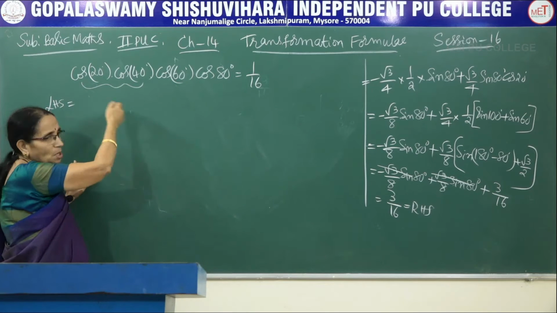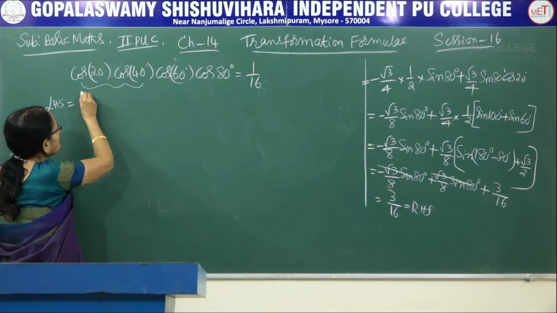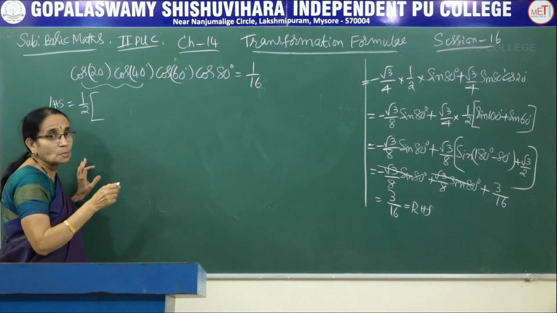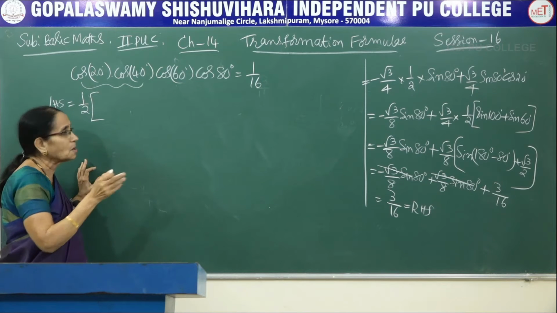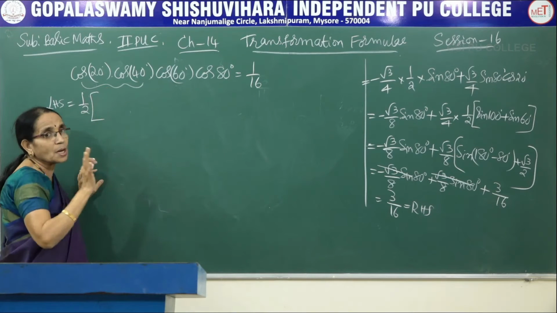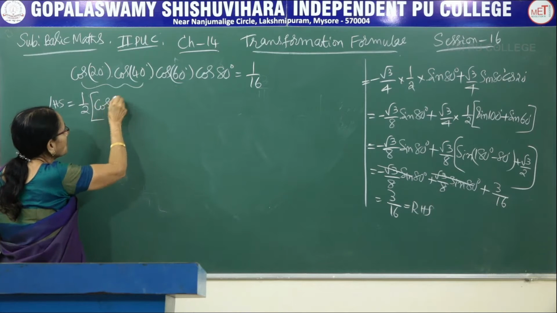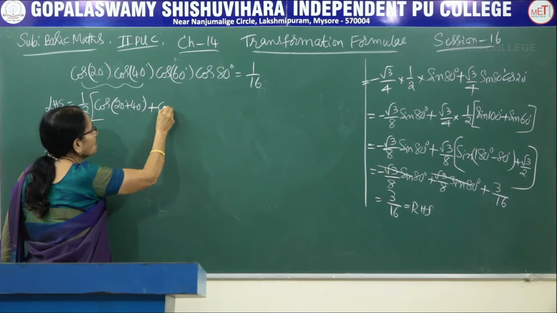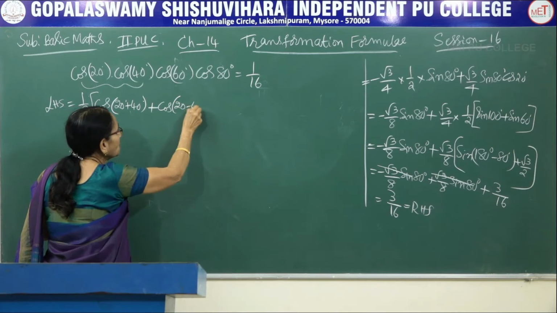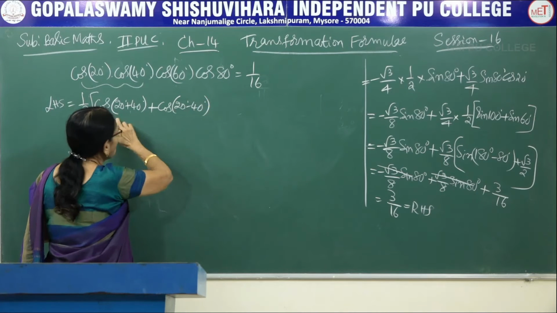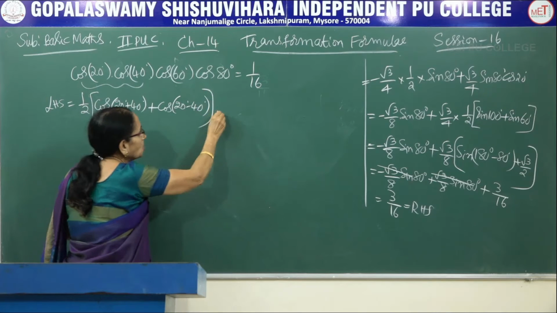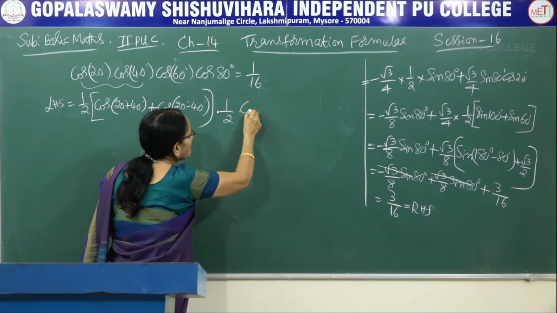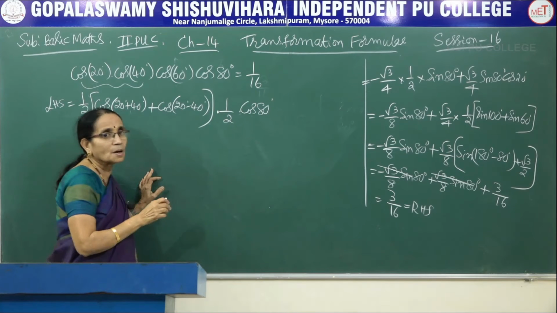For our convenience, usually we start from the initial first step. So it is half of cos A into cos B. In the earlier problem, it was sin A into sin B, purely a sine product, so we had minus half. It is purely a cosine product. Half of cos of 20 plus 40 plus cos of 20 minus 40, a plus b, a minus b, into cos 60 means 1 by 2, the standard value. Write the other one as it is, cos 80.